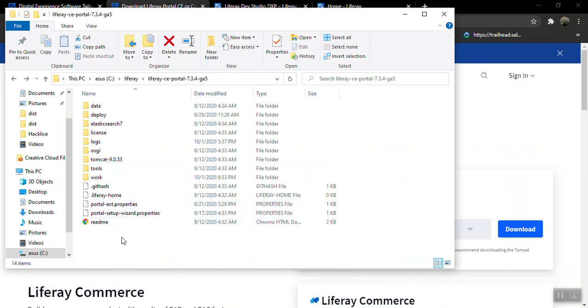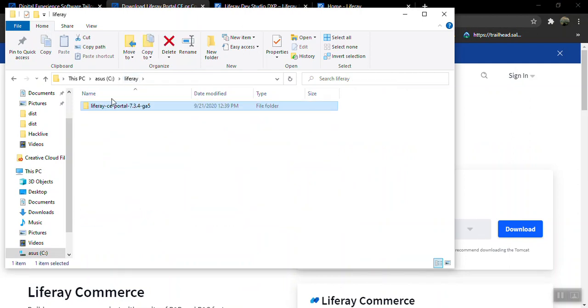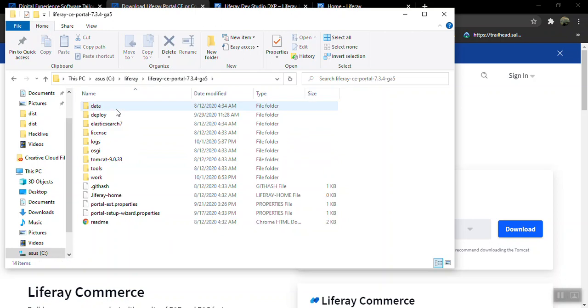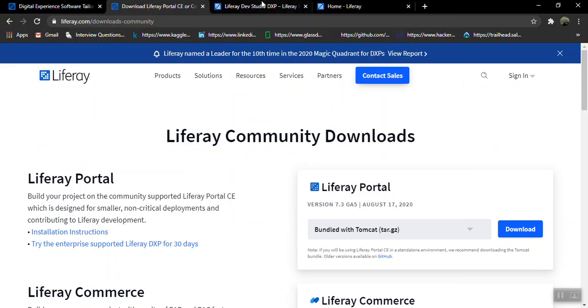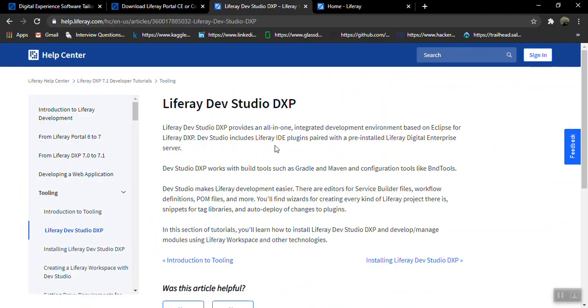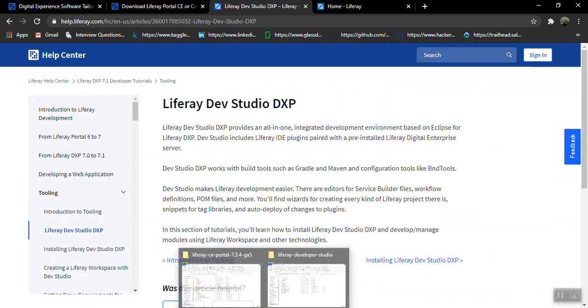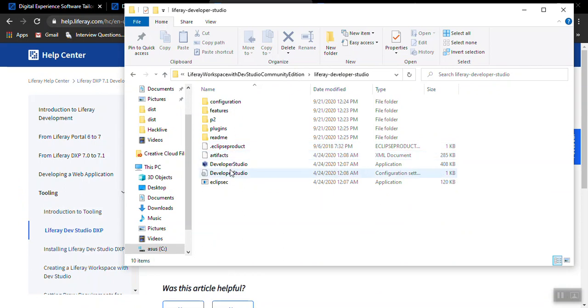This is my Liferay. I have extracted my zip file. I'm using the Tomcat server, which is inbuilt, version 9.0. We have an IDE also for Liferay development, Developer Studio.